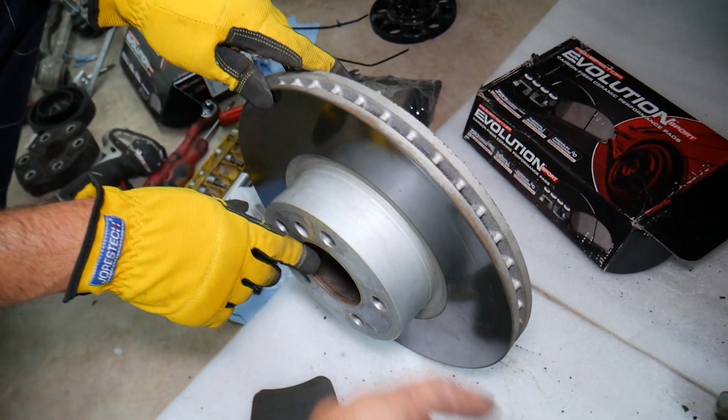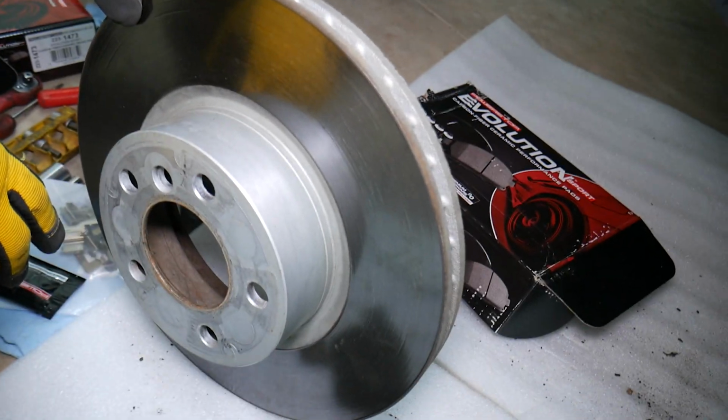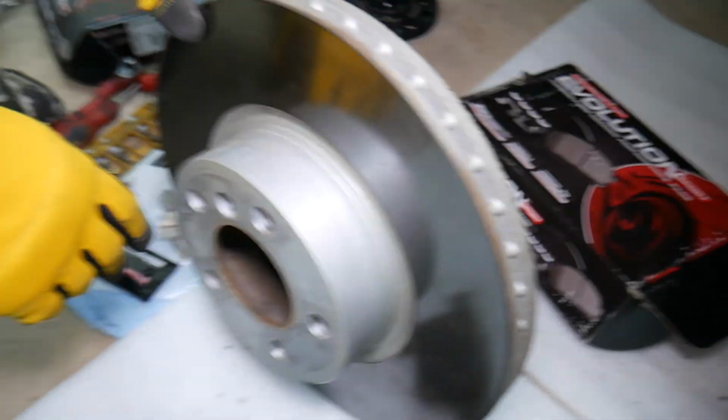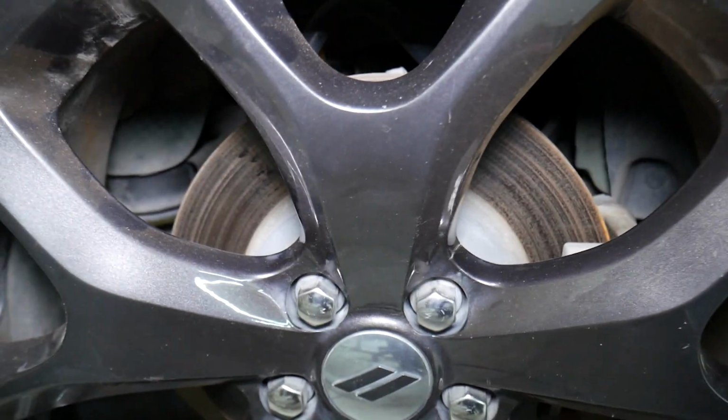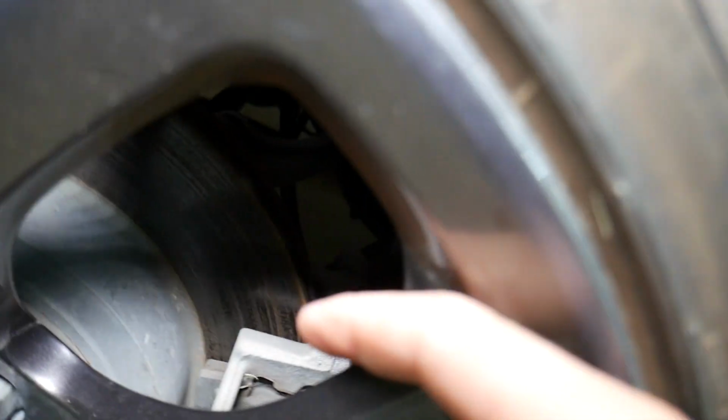How can you avoid brake shudder, brake pulsating? If you let your car sit, we've seen it on brand new cars that sit at the dealer lots for a long time. This Dodge for instance has very low mileage, and if you look right here, it sat for 6 months without being driven. When that happens,